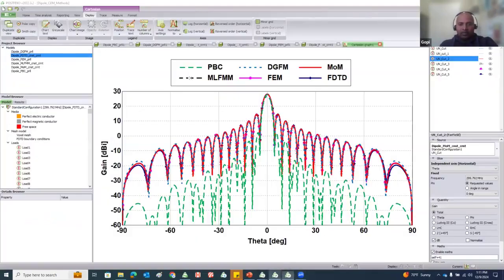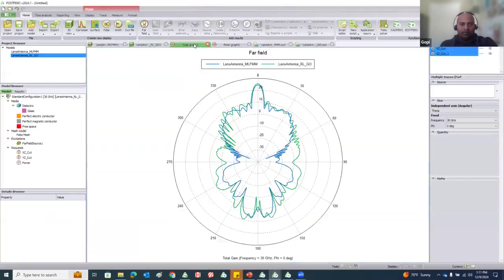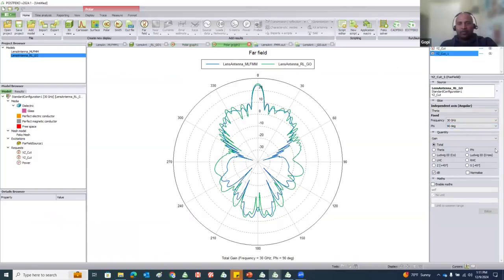Now, if you compare the results, here this is the difference between MLFMM and RLGO, and phi is equal to 0 cut plane, and this is in the other orthogonal cut plane. Okay, so in both the cut planes, in the main lobe, you can see they're pretty close to each other. Obviously, in the side lobes and back lobes, you might see some discrepancies, but which are expected because of the